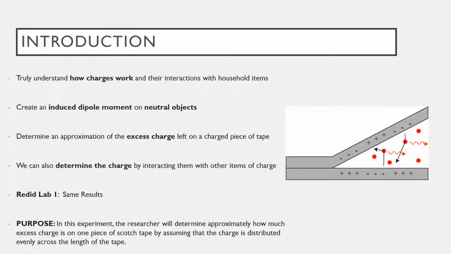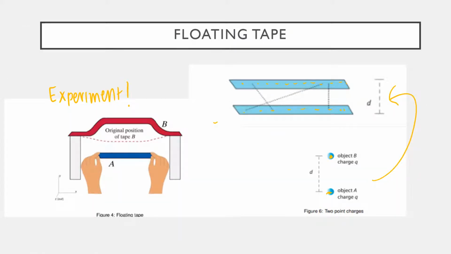The purpose of this experiment is to determine approximately how much excess charge is on one piece of Scotch tape by assuming that the charge is distributed evenly across the length of tape, instead of assuming that it's a point charge. As you can see below, you can see the floating tape experiment, and you can also see how before we assumed that the tapes were point charges, but now we assume that the charge is evenly distributed across the line